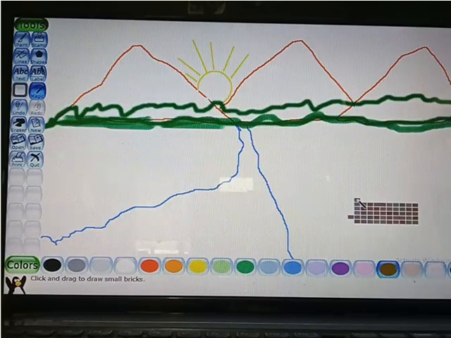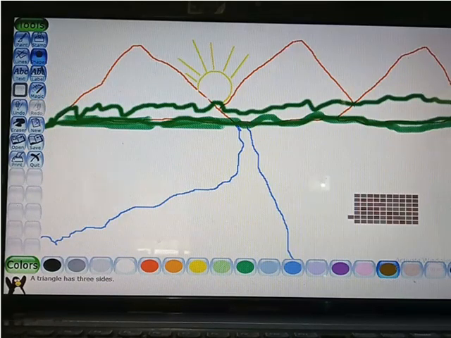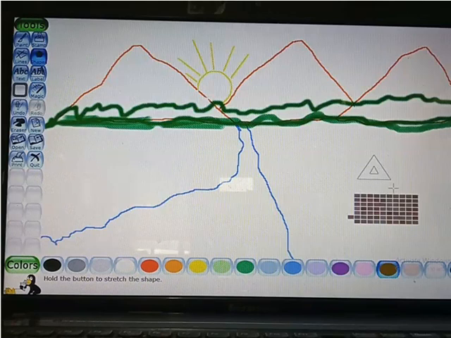So this is how you can draw the house using bricks. You just have to left click only. Suppose this is the wall. Now you want to draw the triangle. From where can you draw the triangle? From shapes. You go to shapes and choose triangle, and then above this you can draw the triangle.